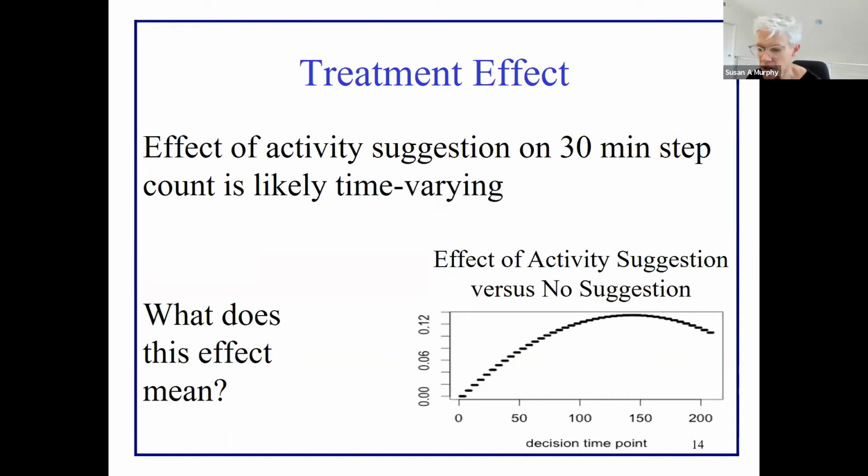So when we were designing this study, I drew that little graph on the bottom right-hand side. The x-axis, the horizontal axis, is the decision times. There's 210 because it's 5 times a day over 42 days. The y-axis, the vertical axis, is like a standardized effect size. It doesn't have a lot of meaning because you don't know the scale here. But the content here is at the beginning of the study, at the decision point 0, probably people are too confused. They won't even notice the notifications. They probably won't have any effects. Thus, the value on the y-axis is around 0 at time 0.